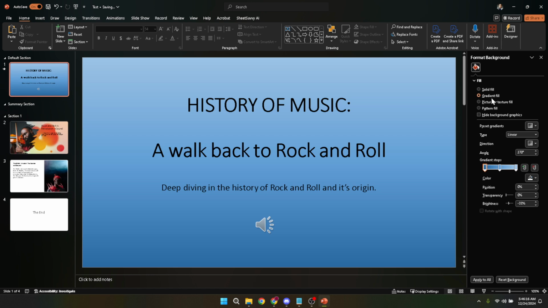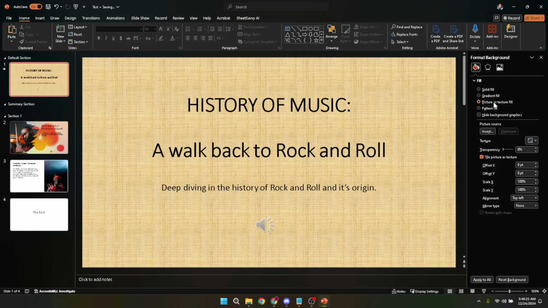Perhaps you're interested in a more thematic or nuanced background, in which case selecting a picture or texture fill can completely transform your slides. Last but not least, you can choose a pattern fill for a more graphic or designed background. Each of these choices can be previewed on the slide, so you can experiment and see what works best